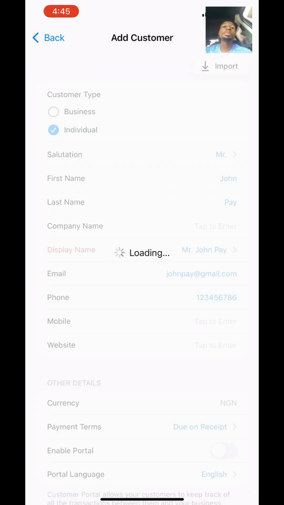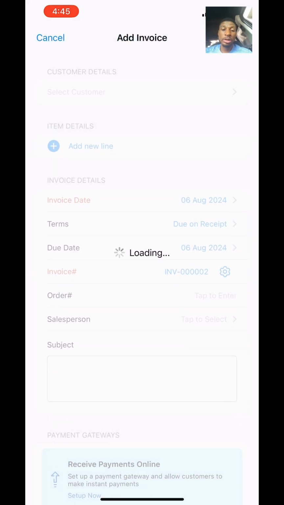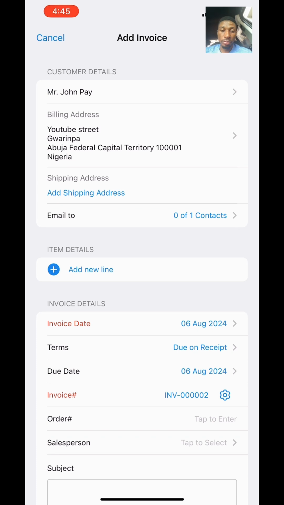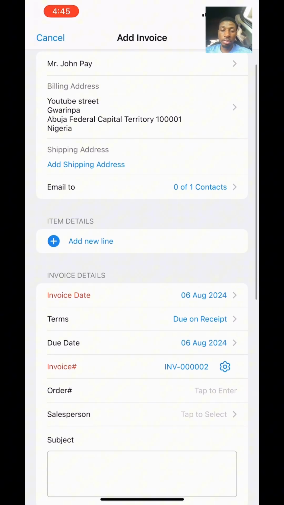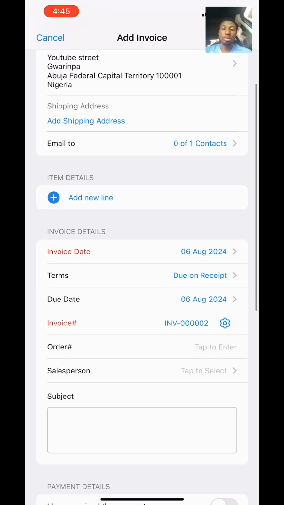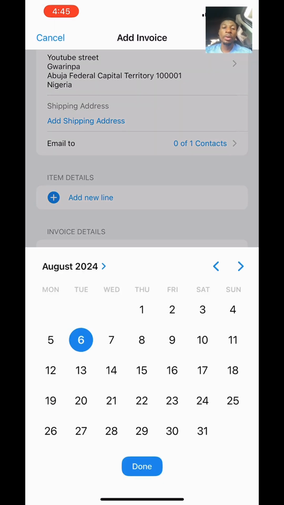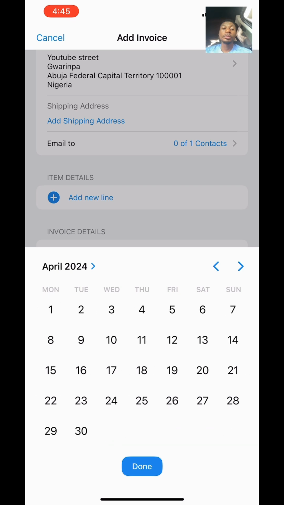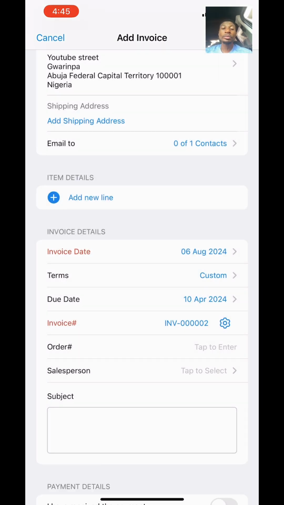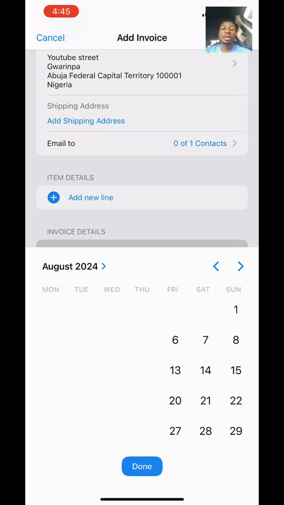If your customer is a business, click business and write the business name. Like maybe it's a corporation, a business that is patronizing you. So you can see YouTube Street, Gwarimpa, Abuja Federal Capital Territory. So I'm putting a date, invoice date. I'm putting it,